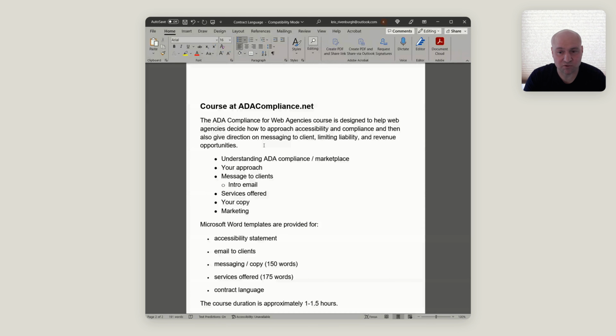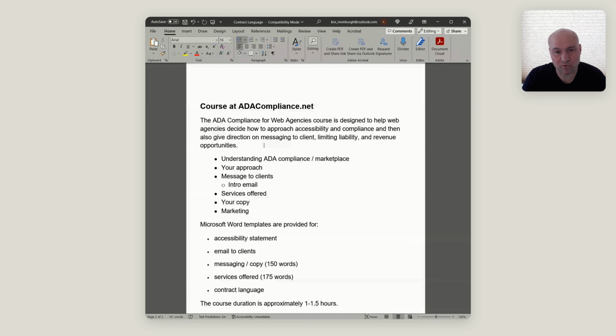And then some of the services you can potentially offer, and a few hundred words on copy. I may increase that, but when I say copy, it's just basically when you talk about accessibility on your website, how do you word this? What services do you offer, etc. So I have a few words on that. I'll probably increase that as time goes on. There are also some marketing materials to help you better word how you're going to market this to prospective clients and to current clients when you are selling services. And so all of these are in there as templates.